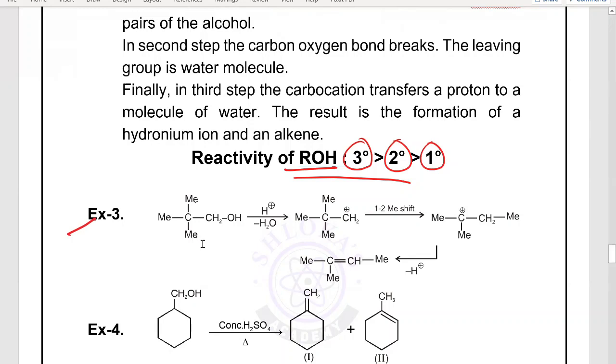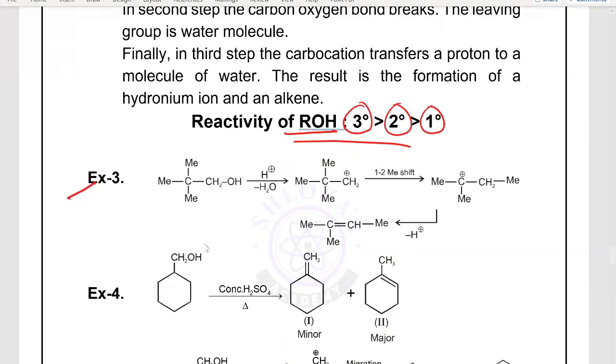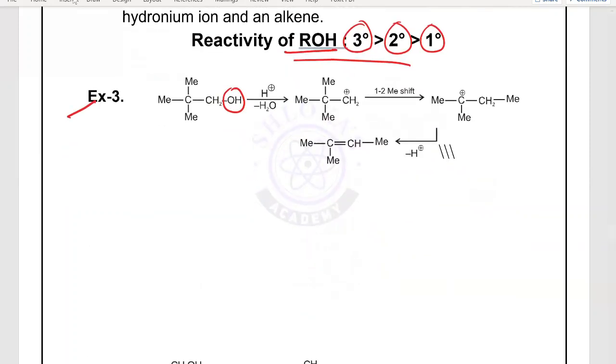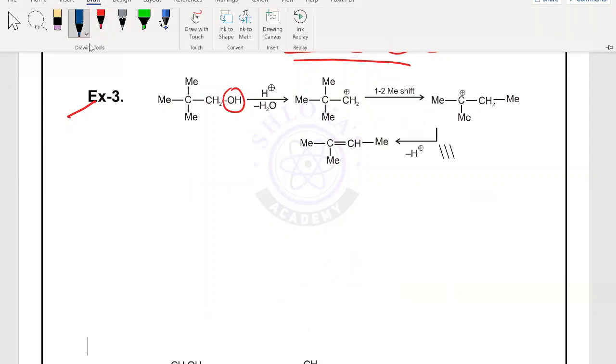You can observe the examples. Very simple. I am removing OH and H from its adjacent carbon. But we don't have H, although we have got the product. So for this reaction, I will explain the mechanism. You just observe the complete mechanism. I will explain, listen to me. What is the first step? Protonation.